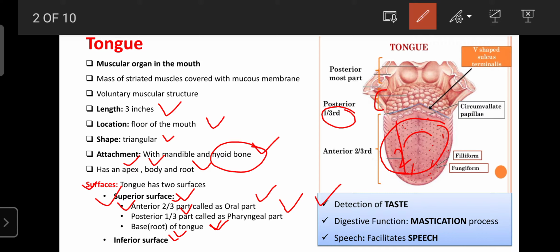As well as that, the tongue plays an important role in the digestion of food, because the movement of the tongue and the base of the tongue are helpful for the mastication process. That is, to convert larger particles into smaller particles due to the movement of the tongue. It is also helpful for mixing with the saliva or digestive juice. The mixing process helps to expose the food more to the salivary amylase.